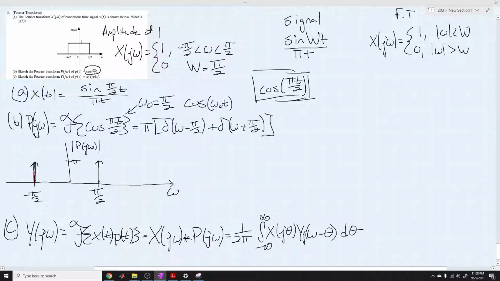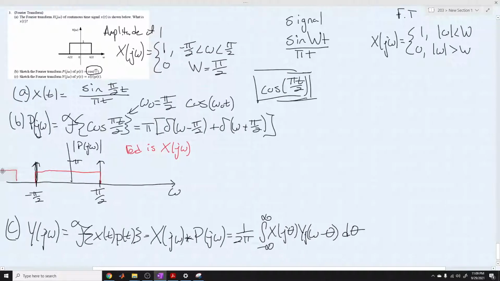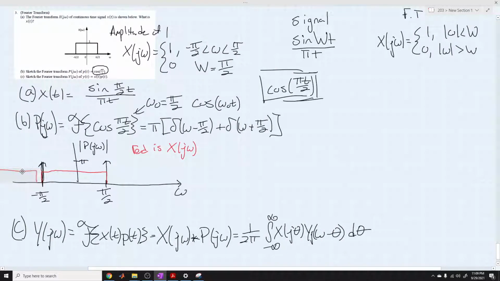We have a box that comes up and it's like this. So red is X of j omega. Now, when I'm doing the convolution, I would flip this box, which I don't need to flip because it's symmetric, but I flip it and then I just pass it through here. As I pass it through, it's just going to trace out the area. So it's coming in, coming in, boom, boom, boom. So you can see right here that